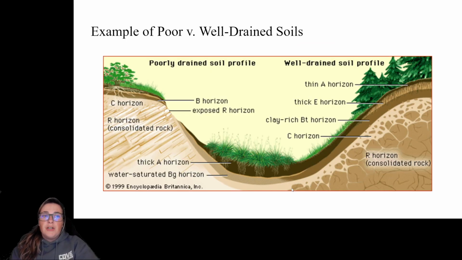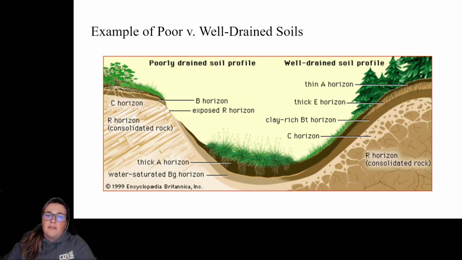Cool. So here's a picture of an example of poor versus well-drained soils and some of the bedrock that could be showing. On the left side, we have a poorly drained soil profile. Here you can see the R horizon, this consolidated rock, is exposed. It has some plants growing on top of it, but it's a very, very thin soil profile that doesn't hold a lot of water. There's just not a lot of soil there. So we have some plants growing here, but there's not a lot of space for those roots to really establish themselves. We might have some shrubs and grasses in this area,